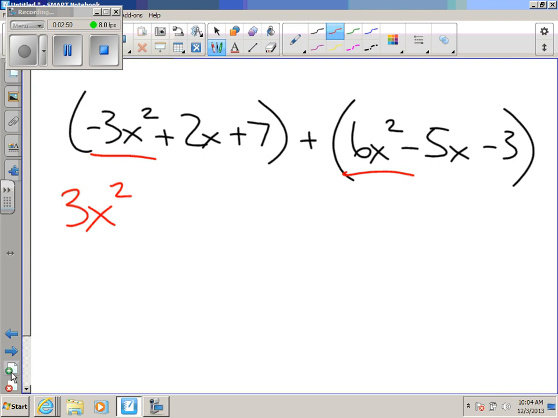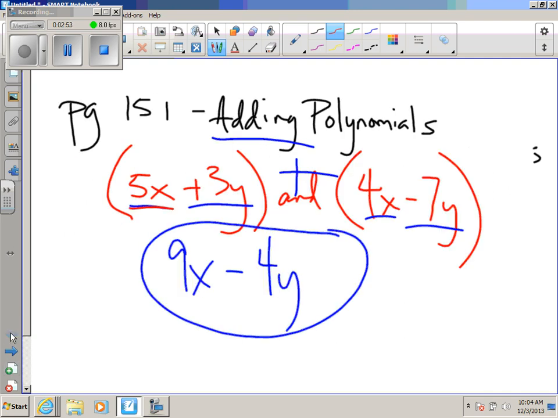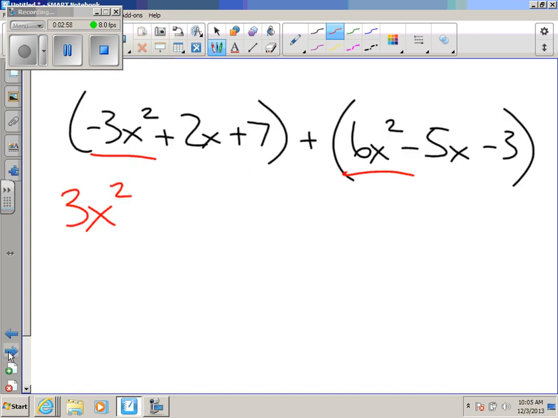When we had this, we added a 5x with a 4x, did we get 9x squared? No. So you're adding them together because they're like, but you're not adding these. This just tells you which ones you can add together, okay? To simplify it, to condense it. Substitute the variables for whatever you want. If you wanted to say that x squared meant pizzas, fine. It doesn't matter what you want to call it, just they have to be the same for you to